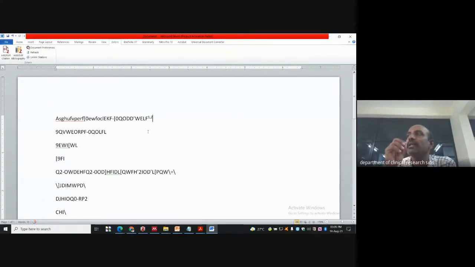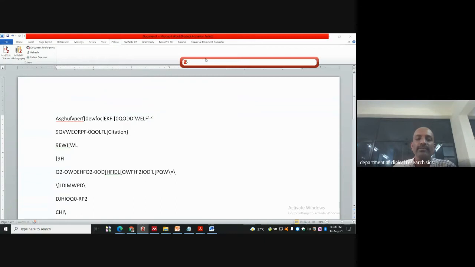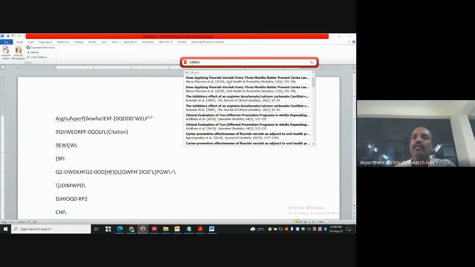That means there are embedded links. Automatically it has come 1 and 2. Usually the majority of authors don't know this. That's why they will be in trouble, because even if you change 1 or 2 here and there, then every time, whatever reference you quote at the end of the article as a bibliography, if you change 1, then you need to change everything. So I'm giving you 1, 2. I'll show you. Then next I want to give the next reference, second paragraph. Once again I want to add something. Once again I am writing queries. So already these two I have cited.